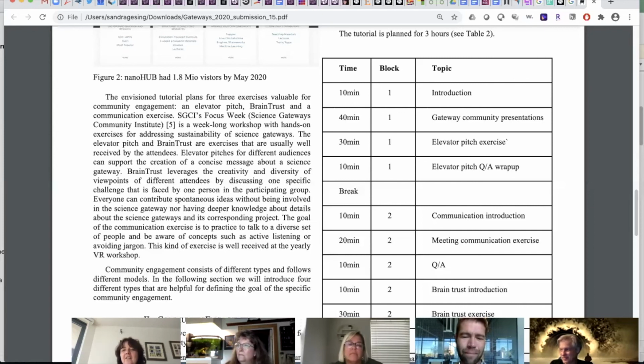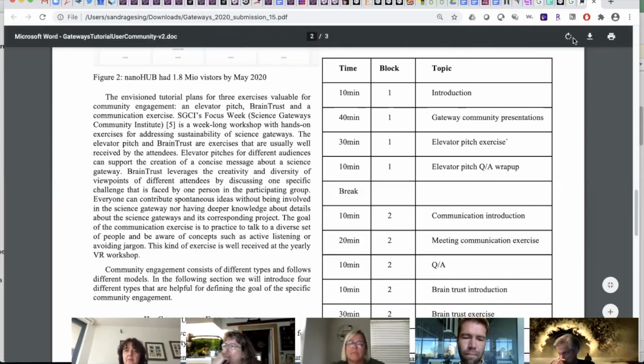The idea was to have a communication exercise with two people meeting, a bit like a role play. One is a researcher, one is a computer scientist or a facilitator, and one is the observer. Depending on how big we can make the groups, maybe we should have 3 or 4 observers. The idea was this meeting communication exercise to give an example of how to